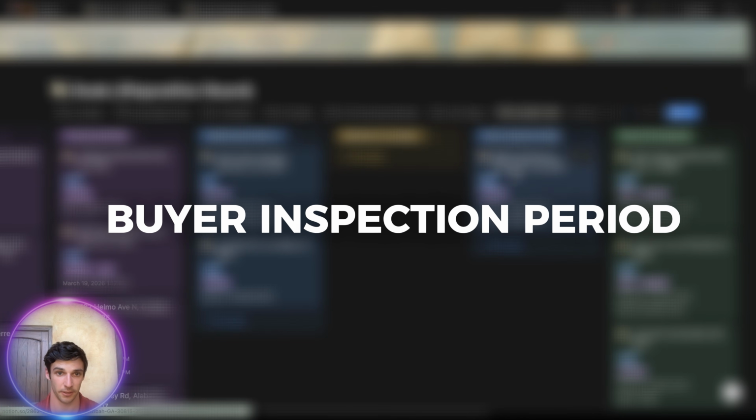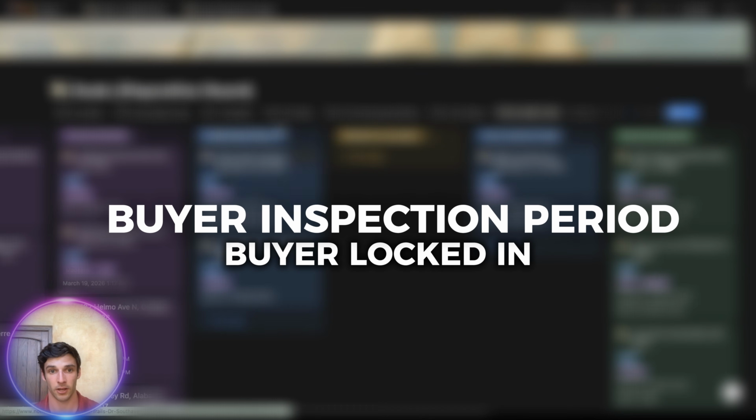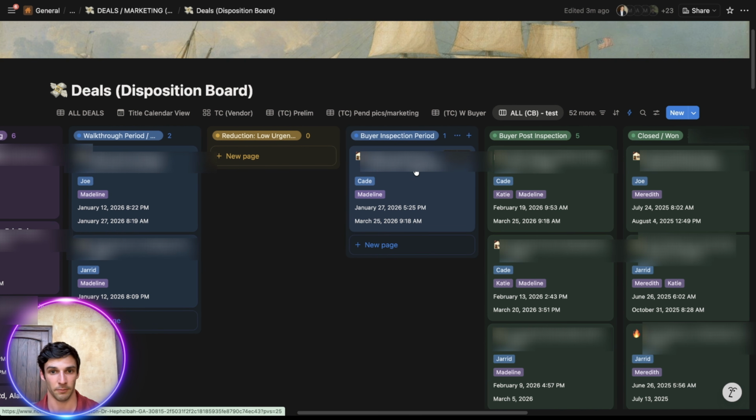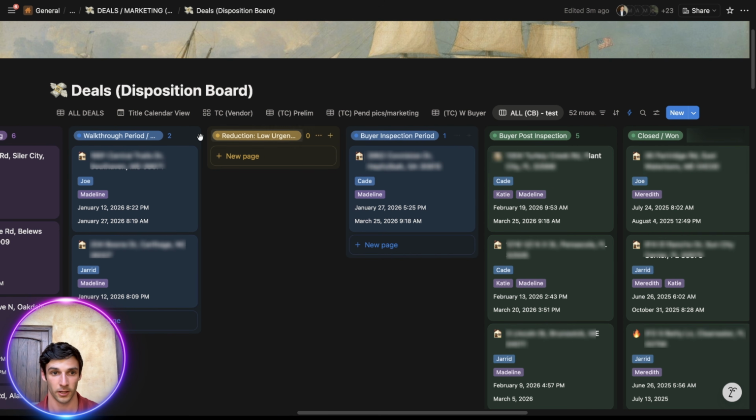And then there's buyer inspection period, where the property is marketed and then we lock in a buyer. So the buyer usually has an inspection period, mainly for novations, where there's a buyer that has financing involved. However, sometimes it skips this section because the buyer is waiving all inspections, and that's the best case, and they're moving forward with the deal. And if they have a higher earnest money deposit and we're very confident, we put them to buyer post-inspection period. So from here, we're marketing the property, it's live, we lock in a buyer, it goes here. Once we pass inspection period, it goes to buyer post-inspection period, and now all we're doing is waiting for the property